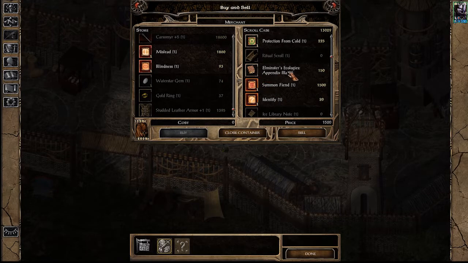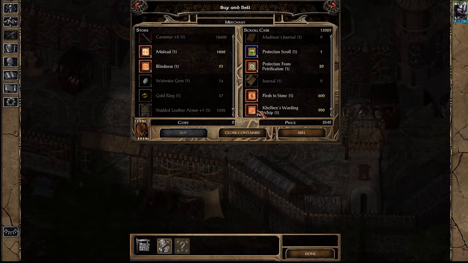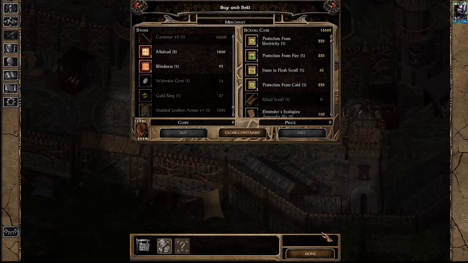Oh, we can sell the Mr. Ecology appendixes. Interesting. Didn't know that. Okay. Oh, you see, like again, 3,500 gold worth of scrolls, so we're already above the 15,000. So,